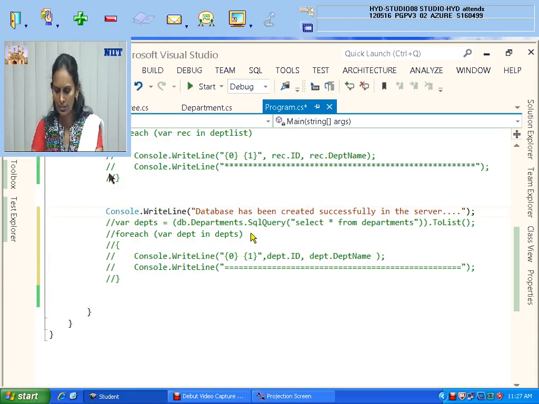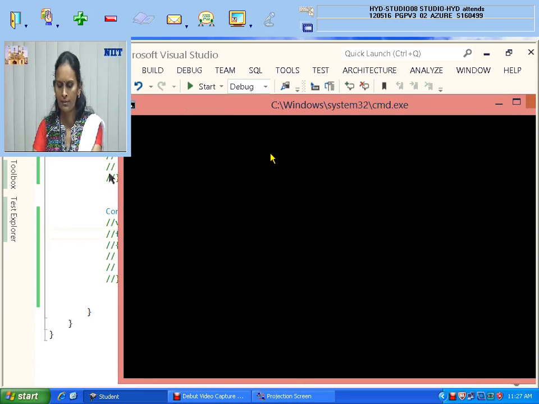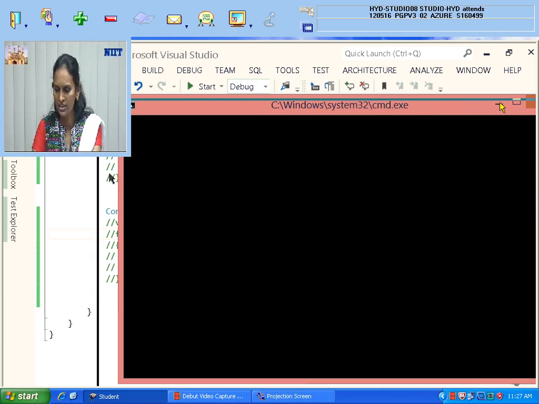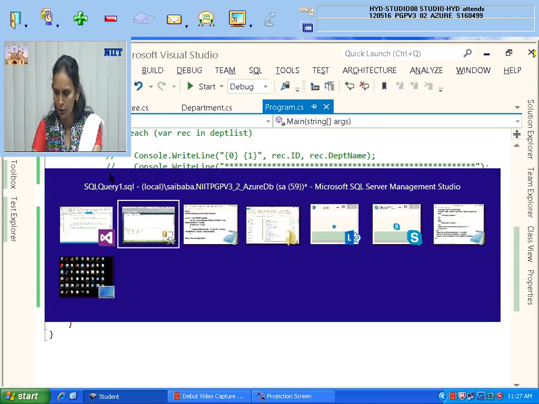The database has been created successfully. Control F5. It should drop. What is the mistake? We have to close the SQL server, because when it is in the open state it cannot drop the database. So let us stop this work, because it is in the open state; that's why it is unable to do it. So whatever SQL server I opened, I am closing it.